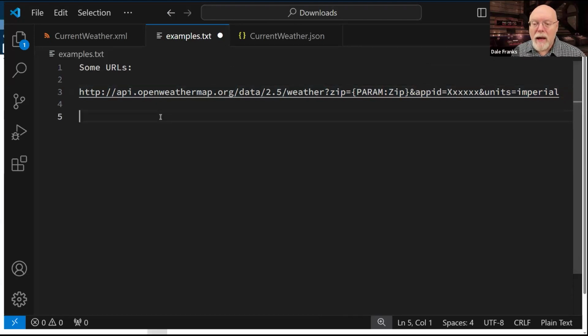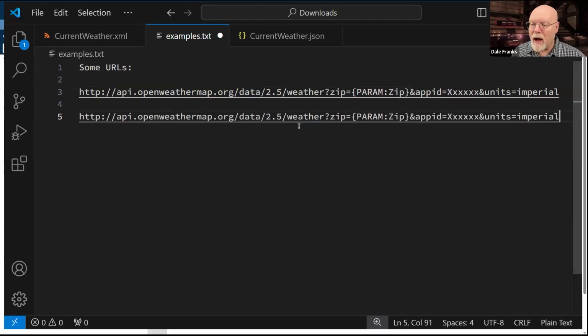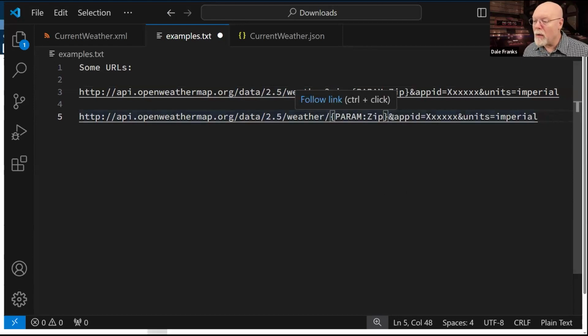Now, sometimes the URLs are in a different format. There's a number of different formats, and I'm not going to be exhaustive about how they work, but what you would see instead is a format like this, where everything is part of the URL itself and not, in fact, sent via URL parameters.